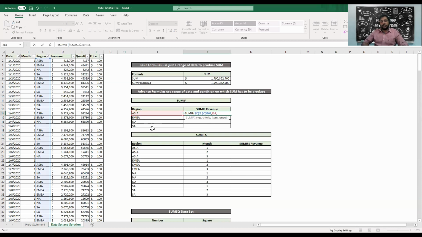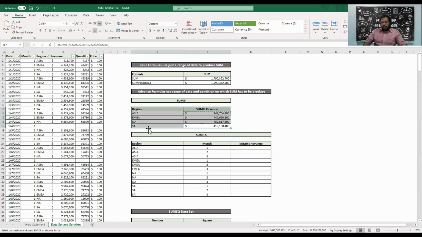Now the additional thing that SUMIF needs, that COUNTIF doesn't require, is the sum range. On which column you have to do the sum, right? If you say that I want the sum of Asia, on what column do you need the sum? Over here we need revenue. So we want D2, we will freeze this to D369, and we'll freeze this again, and we will close this formula, and it gives us $443 million. Now I will just copy paste this formula over here into multiple cells, right?